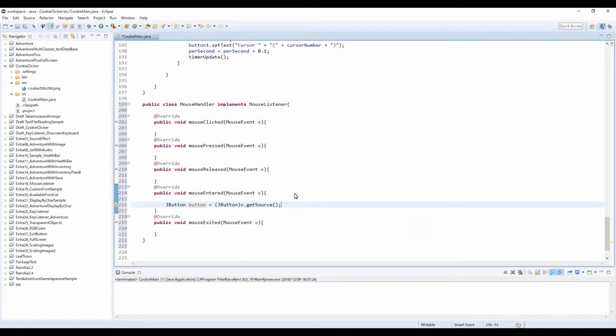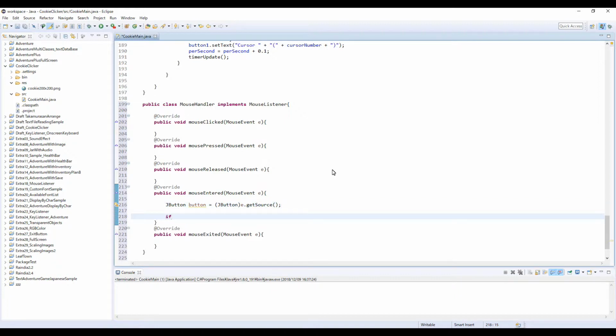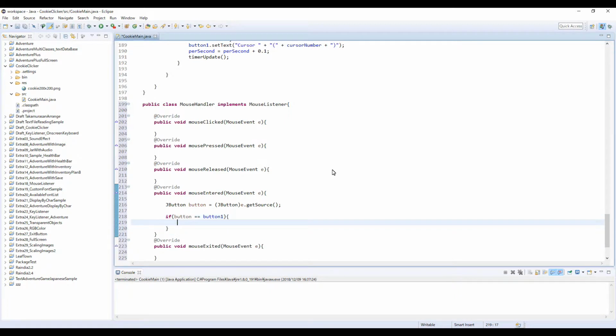This determines which button you placed your mouse on. Next we're going to create an if statement: if button equals button 1, then